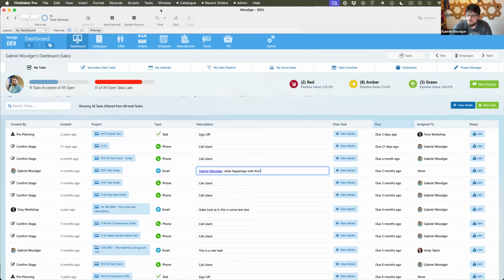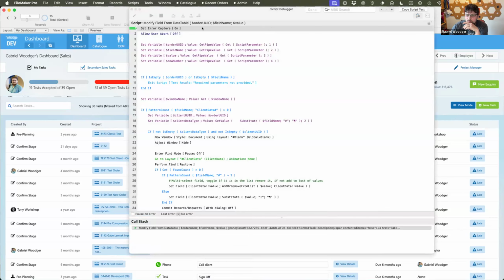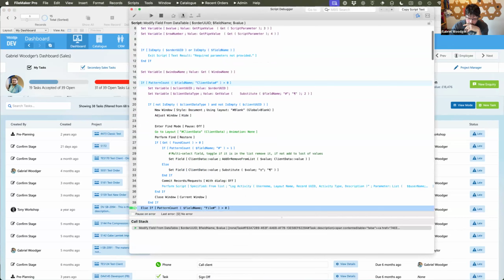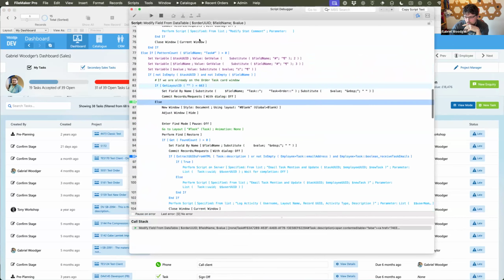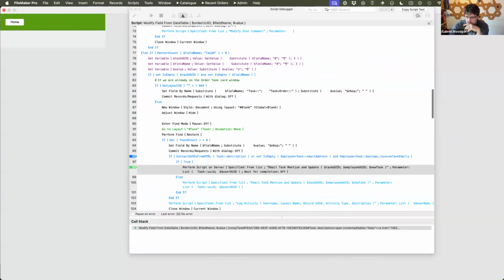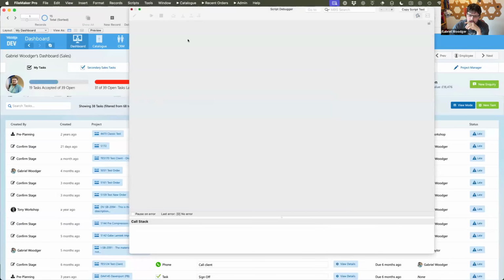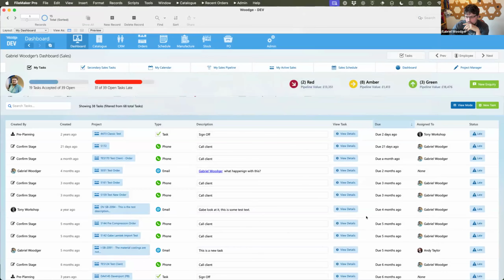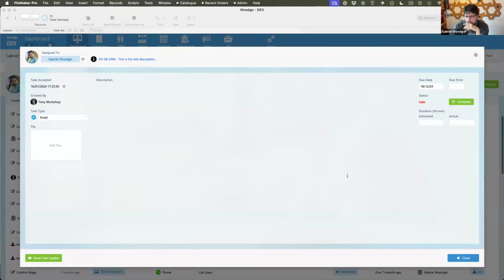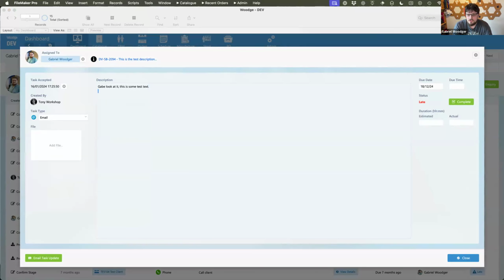And then as soon as I click out of here, if I turn the script debugger on, it's going to fire a script, which is going to then modify that field. It's going to go off and write that into the database somewhere. And then it's going to send an email. So if I step through, you'll see it in here. So it's going to go off and send an email to that person inside of there. So whether that's done from a table in here or a card detail view in here, you can do that.